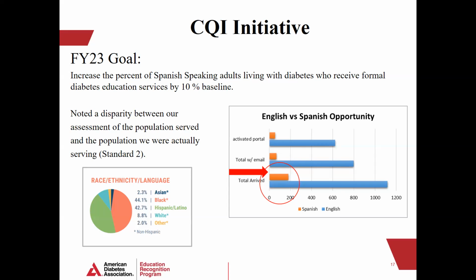So just as a review, standard 2 is the population and service assessment. So our goal during the planning phase of our CQI initiative was to increase the percent of Spanish-speaking adults living with diabetes who receive formal education. We decided to do this by 10%, because when we were looking at our assessment here, we looked at the community that we serve,